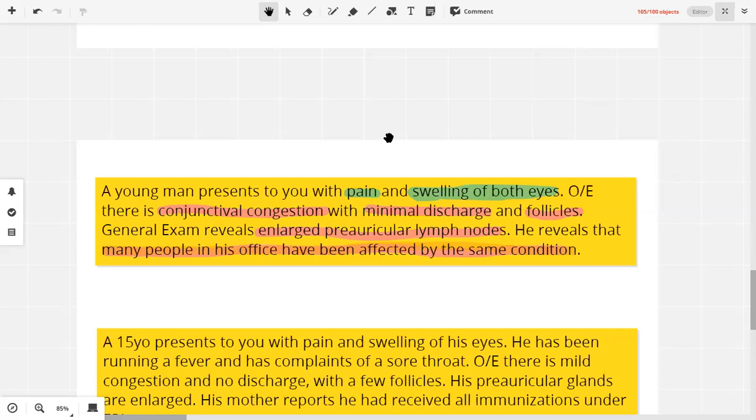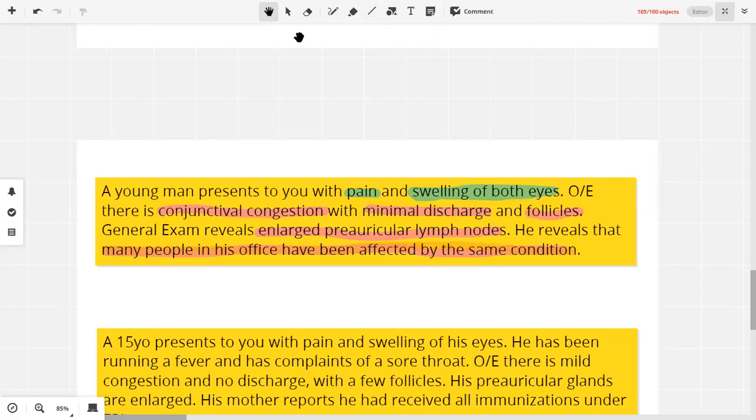Now, general examination reveals enlarged preauricular lymph nodes, which means preauricular lymph nodes are involved. He reveals that many people in his office have been affected by the same condition. This is very important, and you will find this statement in a lot of similar conditions, that many people have been affected by the same disease. This paragraph stands alone; we do not need any other investigation. We can form our diagnosis based on this paragraph,